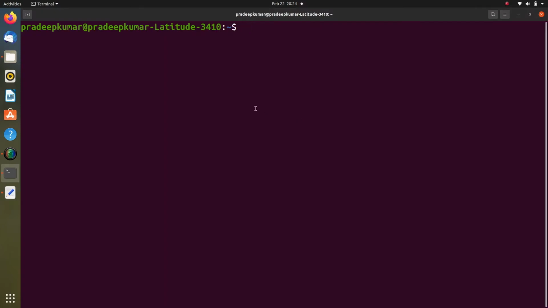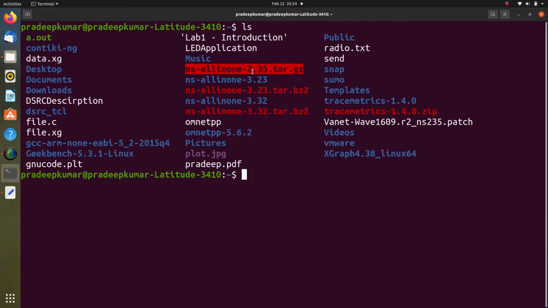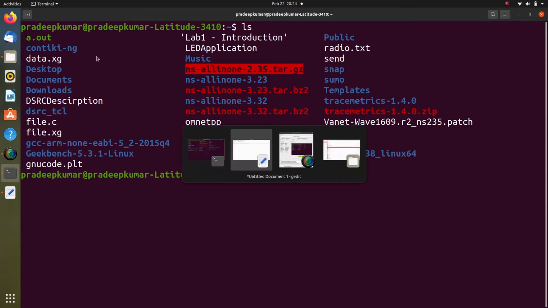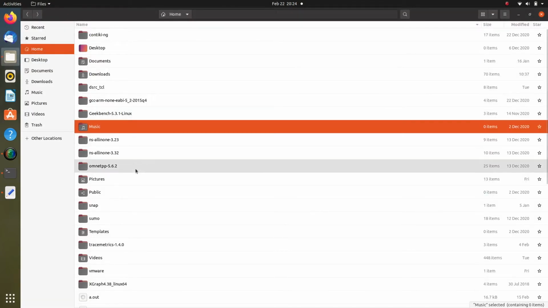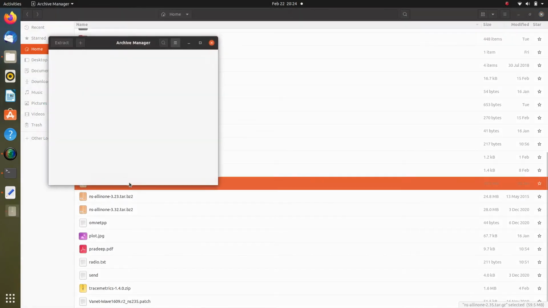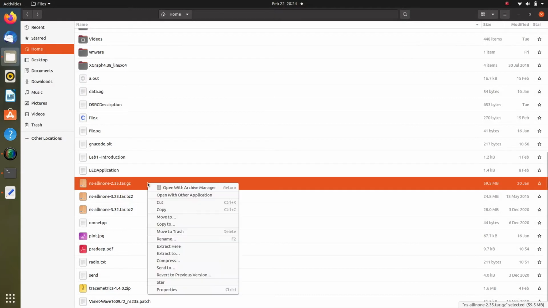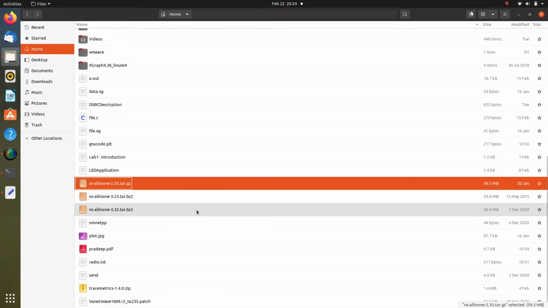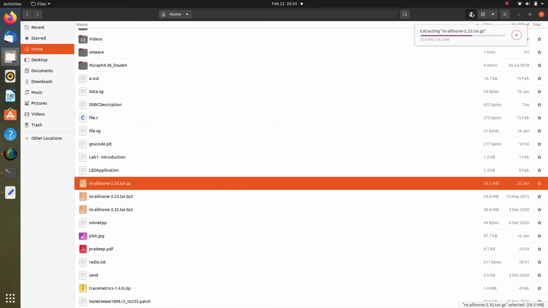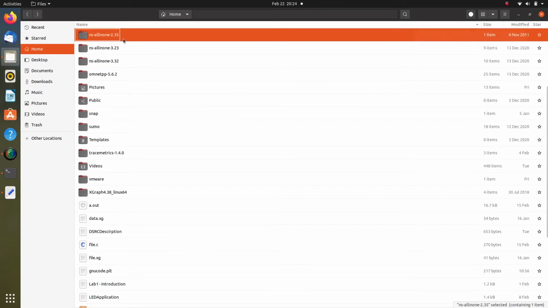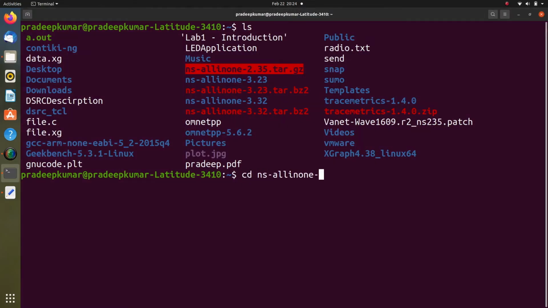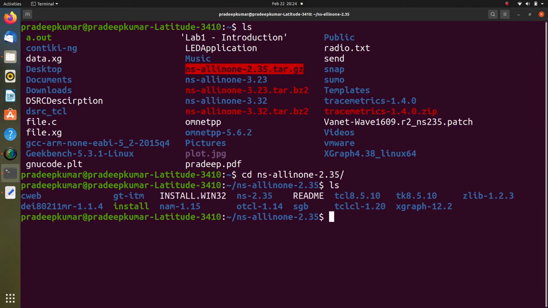Okay, so now first thing is we have already the tar file. So we have the tar file, we just have to unzip it. Okay, so unzip it. There are two options. So one option is go to the folder, right click, extract here. Simply it is extract here. This is one method. So let us go with the extraction process. So now it has been extracted. Yes, now the folder formed. So NS 2.35 folder formed.